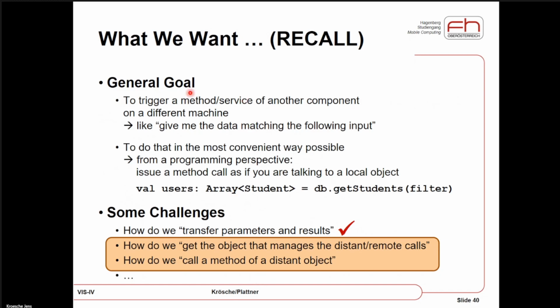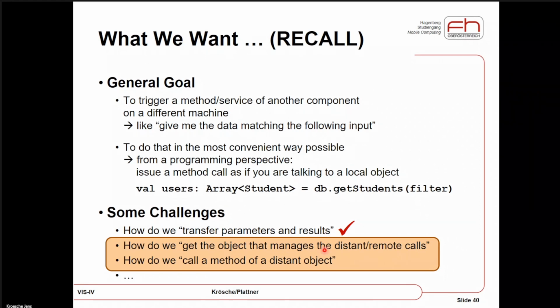So going back to what we really wanted to do: we want to call something remote and have it look like it was local. What we talked about now was how to transfer the parameters and the results.